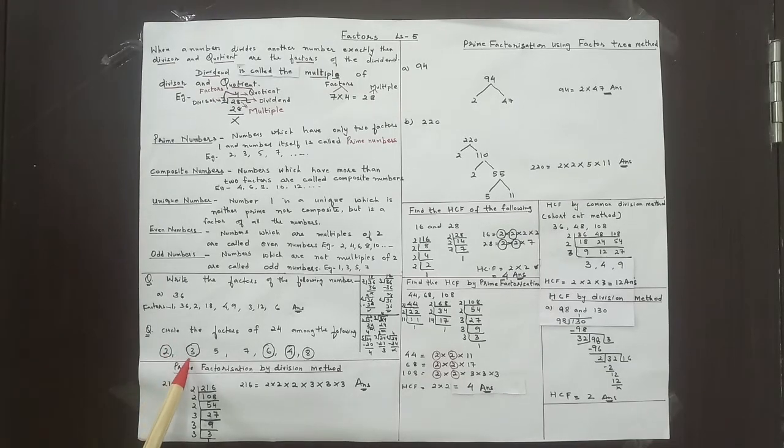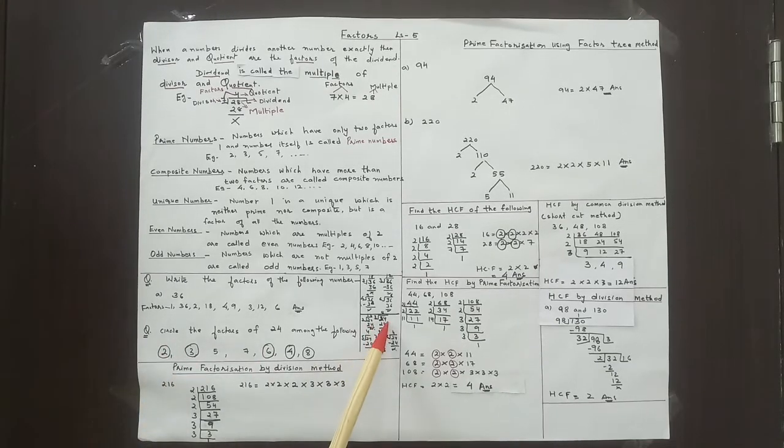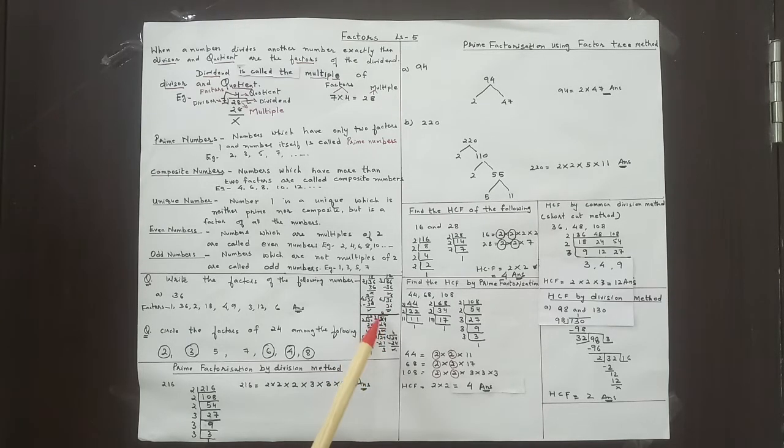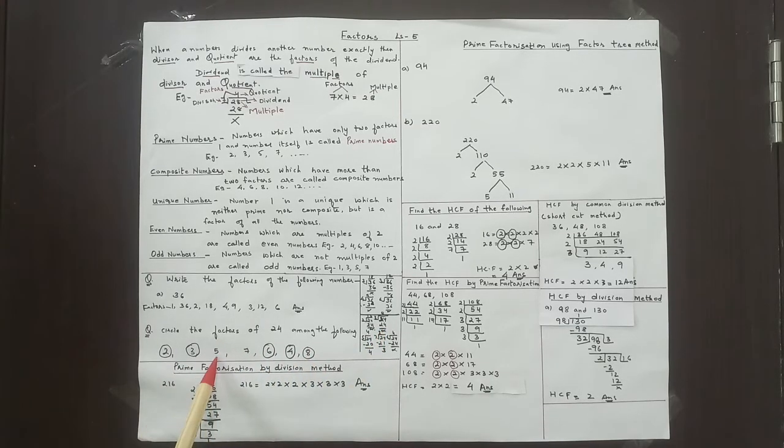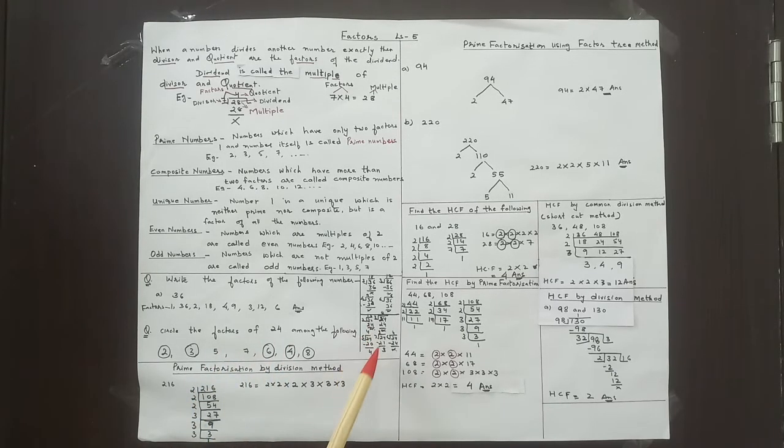After that we will take 3. We will divide 24 by 3 and we get 3 8s are 24. So that means it is exactly divisible, and so 3 is also a factor. After that we have 5. We will divide it by 5. 5 4s are 20, and when you subtract 20 from 24, you get 4 as a remainder. It is not exactly divisible. So 5 is not a factor of 24.